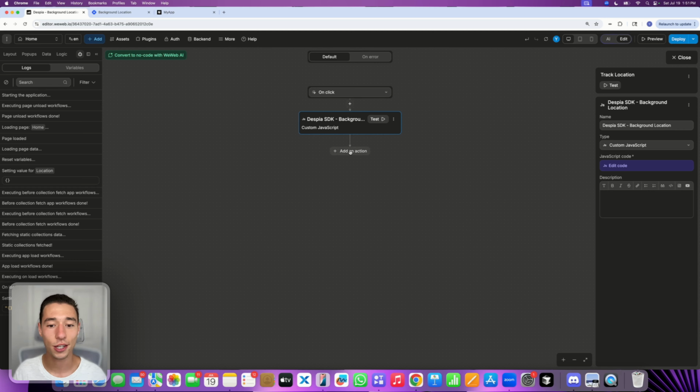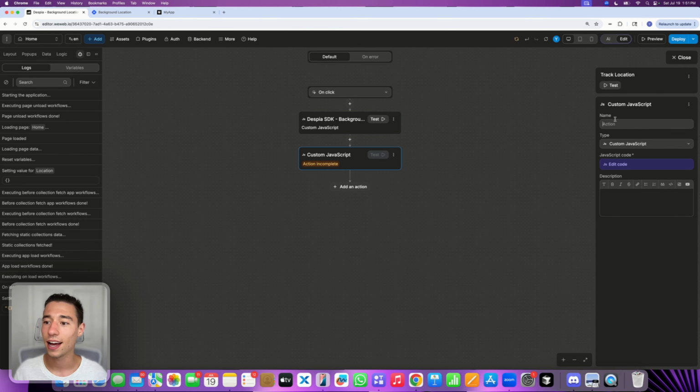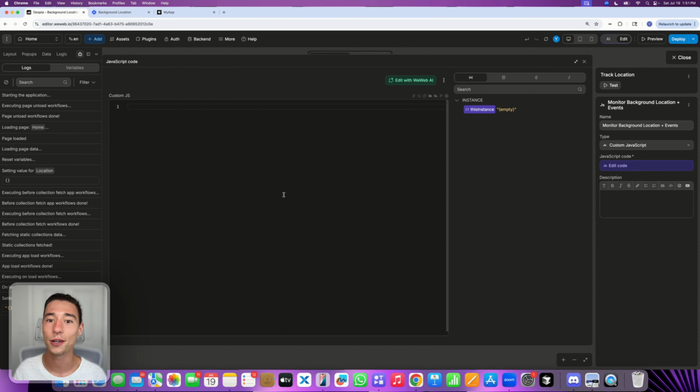And now after I initialize that, there is another step that I need to run as a custom JavaScript. Let's call this monitor background location plus events, right? Now this will be the code where we will actually be starting to observe the background location, where we start watching it, and then we're also going to call a WeWeb workflow to funnel that data back into it. So now I will go on edit code inside of here, and I'll make the code editor a little bit bigger